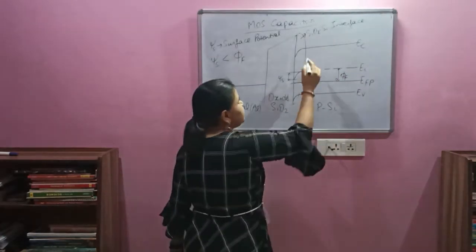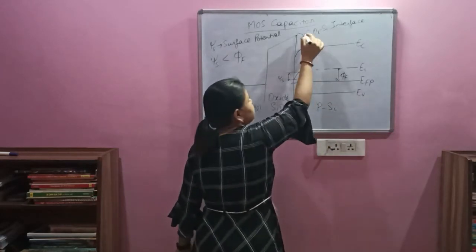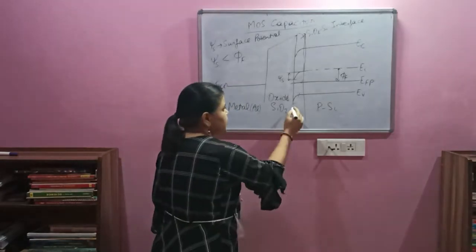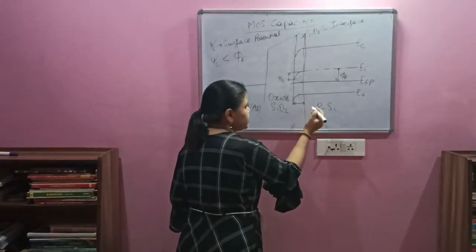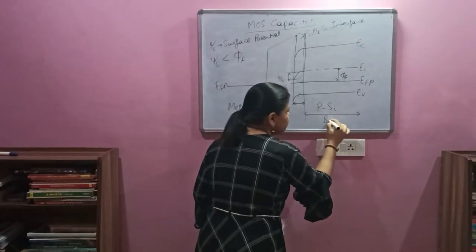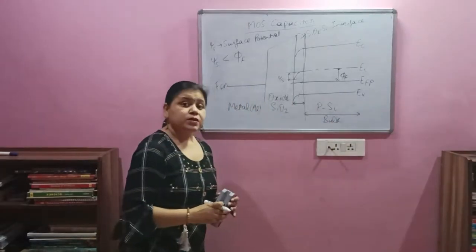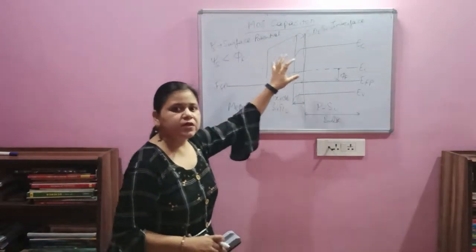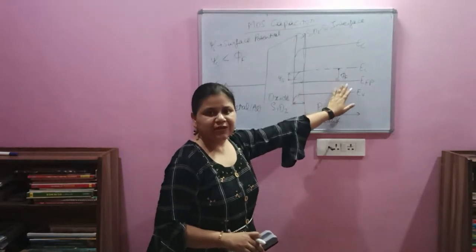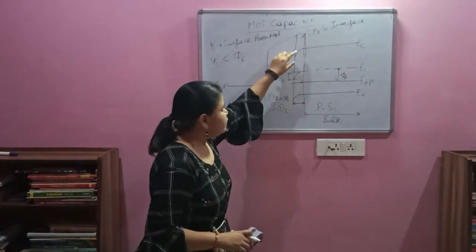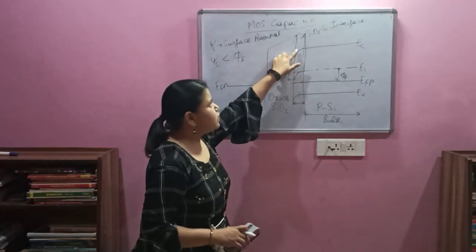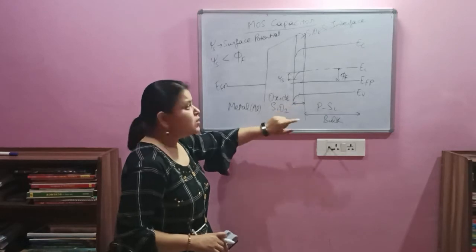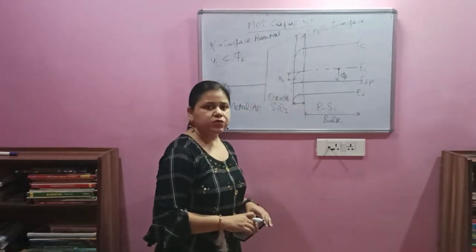Why bulk potential? Because in the semiconductor region, the entire region is broken into two parts. The first part is known as the interfacial region, and the other region is untouched, in the sense that whatever is happening at the metal side, the effect is minimum or none on the bulk region. So this is the bulk region, and whatever effect we are seeing over here is in the interfacial region, which is also known as the surface region. So the bending of the bands will take place over here.